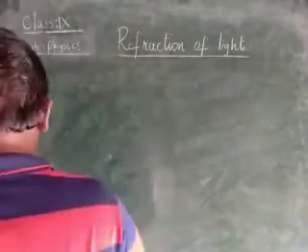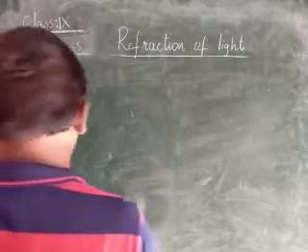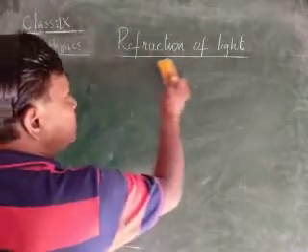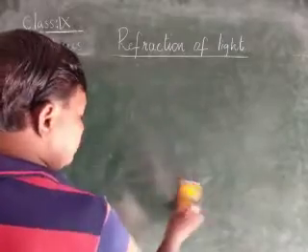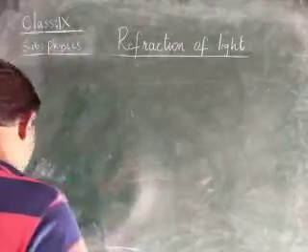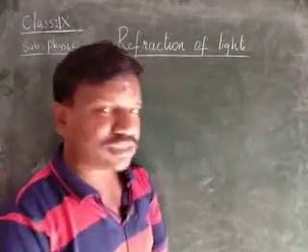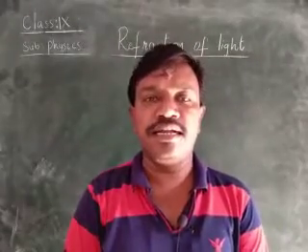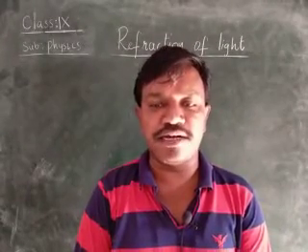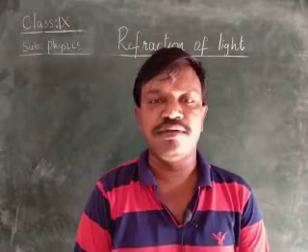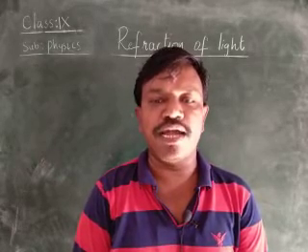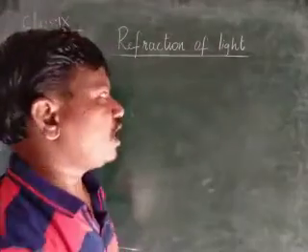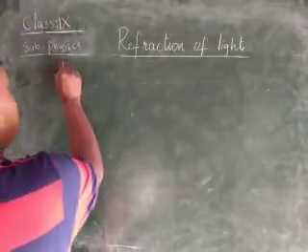Normally, we learned the laws of reflection, children. Can anyone say the laws of reflection? Try to recollect them. The law of reflection says that the incident ray, normal and reflected ray lie in the same plane, and the angle of incidence is equal to the angle of reflection. But coming to the laws of refraction,